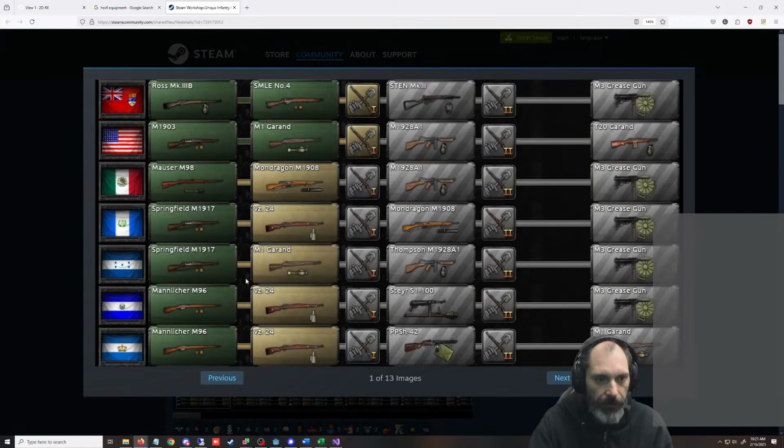Can I make this bigger? I sure can. So for example, these are different factions in Hearts of Iron. This is some mod I've never played with. It looks like they give each nation their own types of guns. But this works.